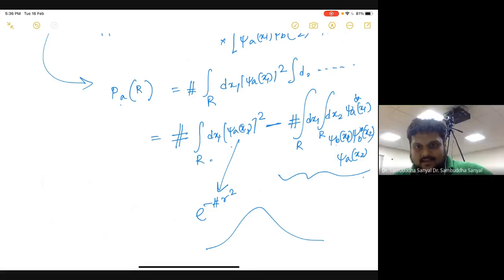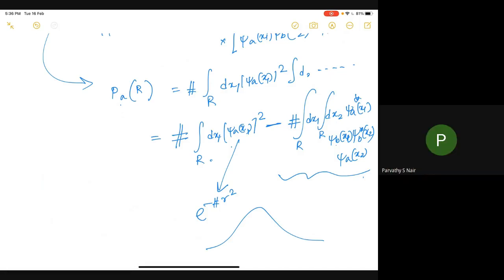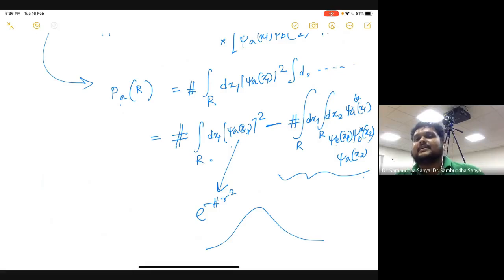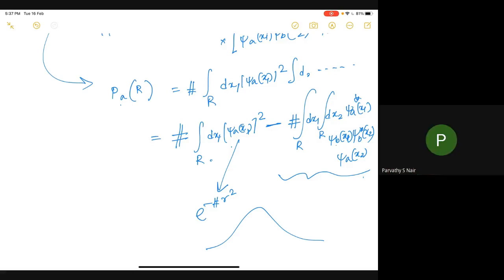I told you earlier that this is a theorem, and it can be proved only in the presence of Lorentz invariance, which is why you have to wait for QFT. It is called the spin statistics theorem. It tells you all half integer spin objects are fermionic, all whole integer spin objects are bosonic. Why and how, you have to wait, because it can be proved only for Lorentz invariant theories, and we have not yet done relativistic quantum mechanics. Even after we do that, it requires some more sophisticated technique. But this is a theorem that can be mathematically proved for Lorentz invariant theories.